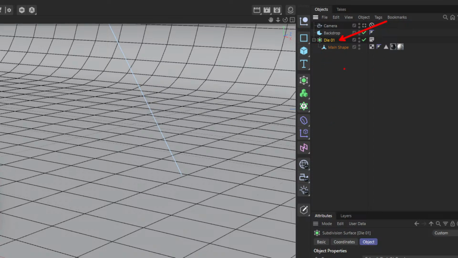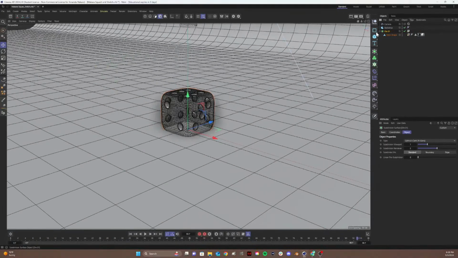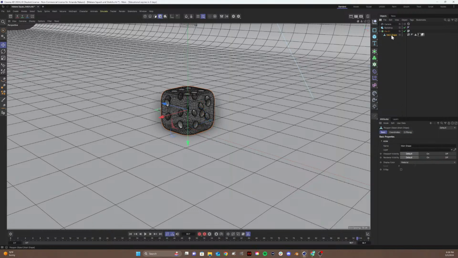When you're animating this project, especially this one, you want to animate the actual subdivision surface and not the shape. Okay, so make sure that you check this button so that it furls this little thing up, and that when you go to animate it, you animate the subdivision surface. Why do I say that? Look at where the anchor point is, essentially, on the subdivision surface. And then if I were to click the main shape here, the die,